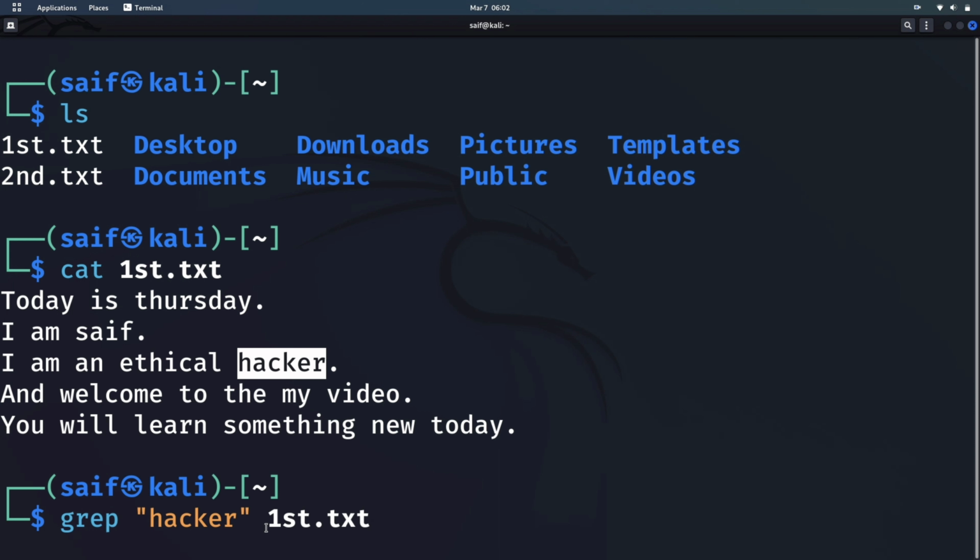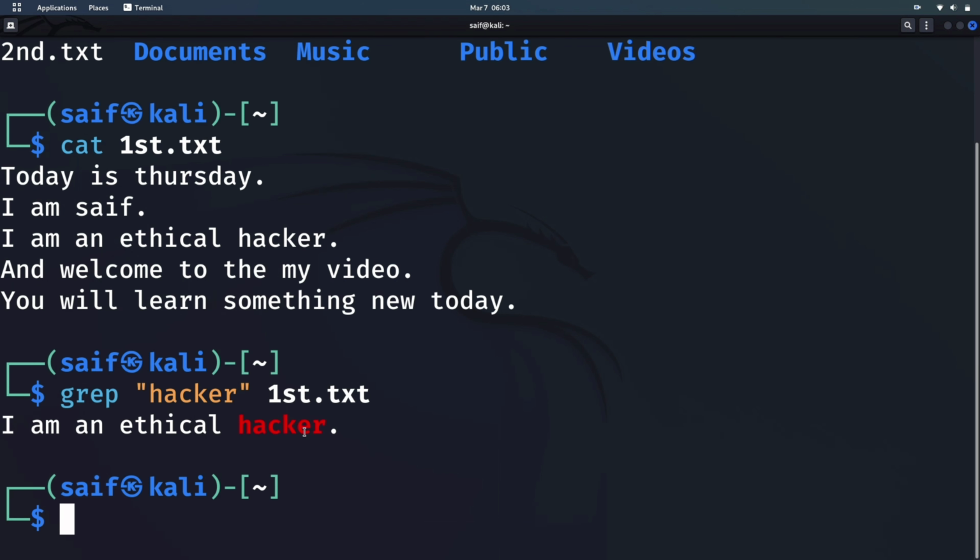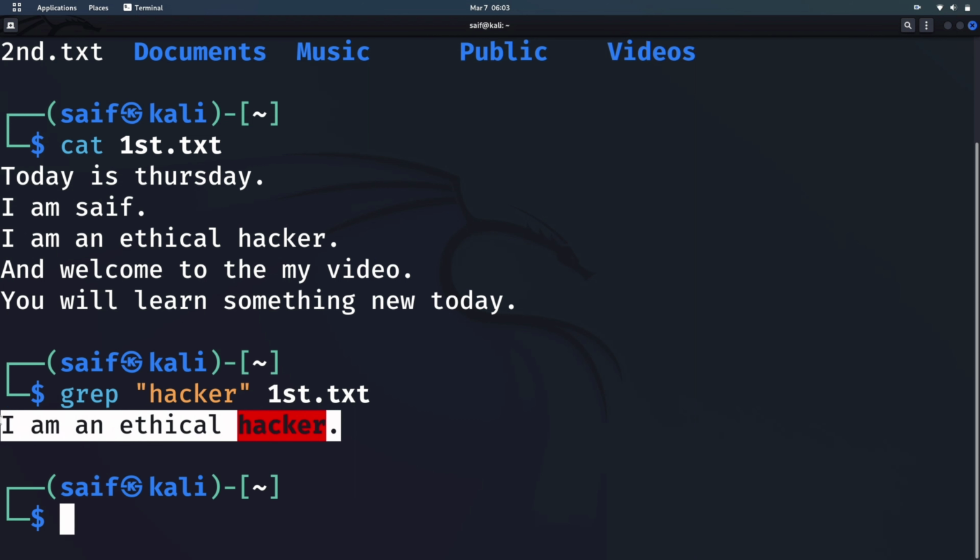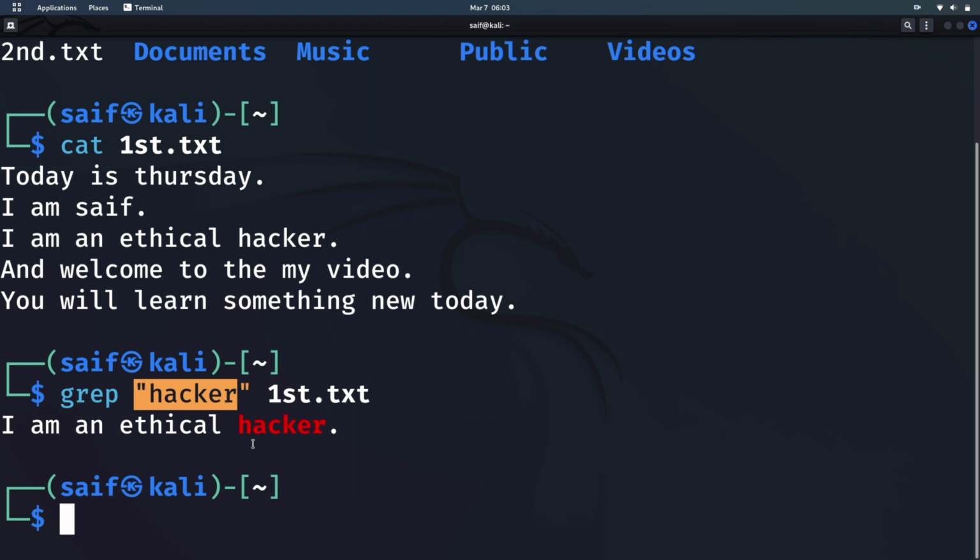I will use grep, the name or the element that I want to extract, and then the name of that file from which we want to extract this. When we hit enter, it will give us the sentence in which this word is present. So in this way, you can narrow down your research or the information that you want to get from a very huge paragraph. You can narrow down your process. So moving to our next command, that is echo command.